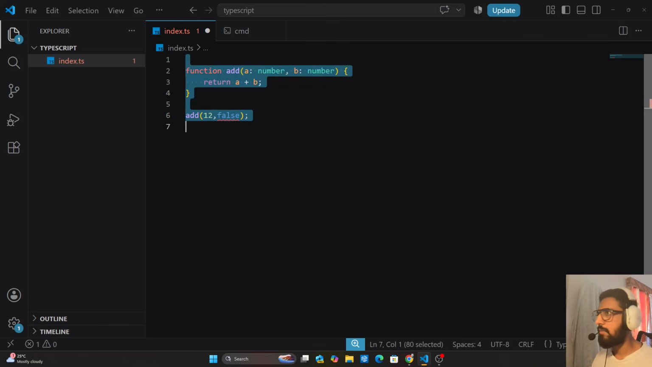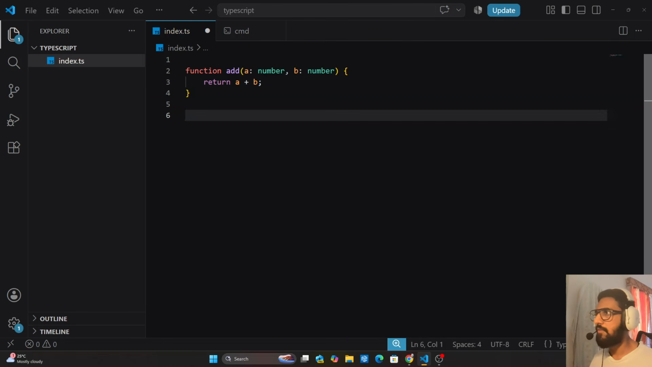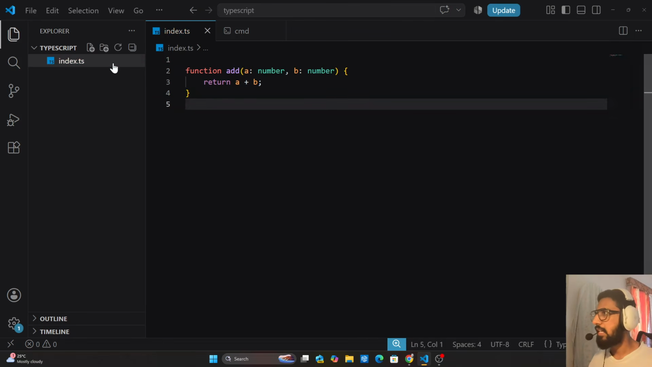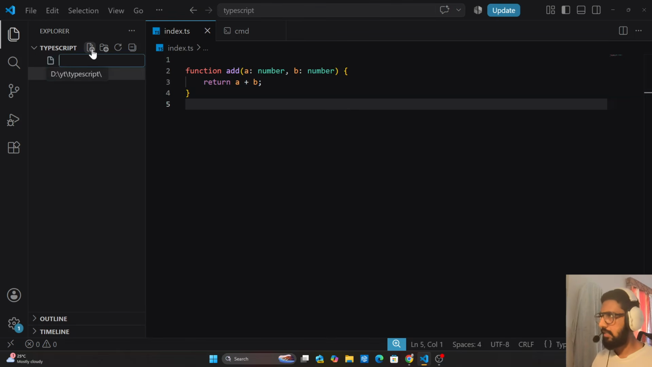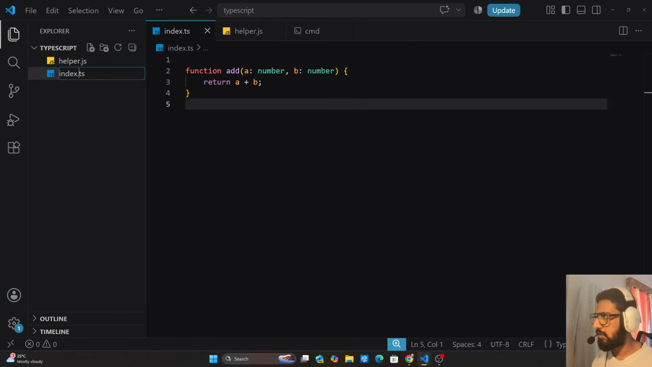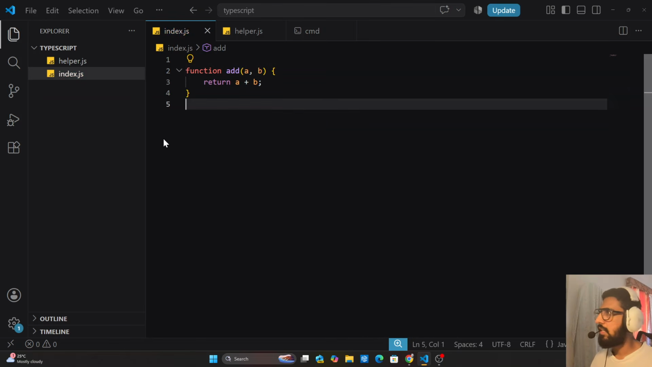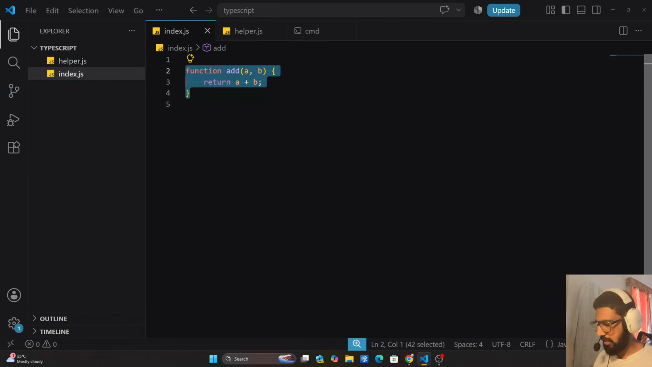That's why TypeScript is very helpful when you are coding. So let me take another example. Let's create a helper function, right? Let's change this into JS for now and remove this, right? And quickly,